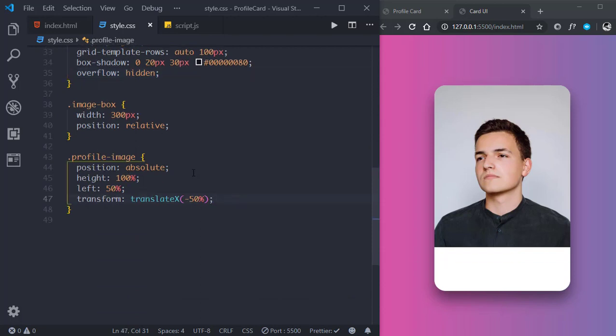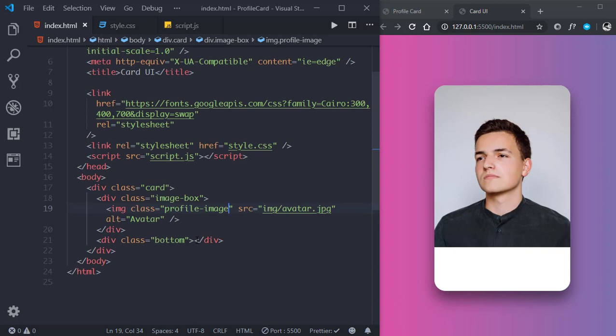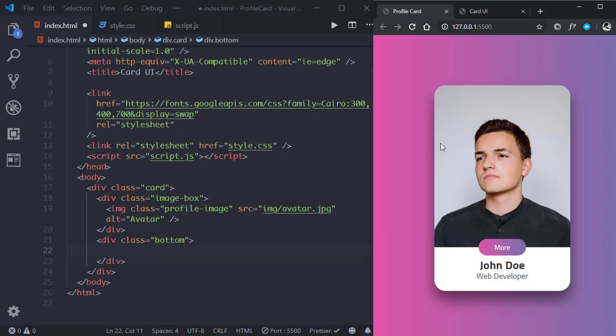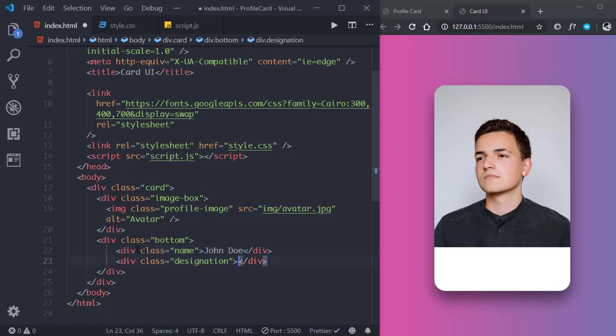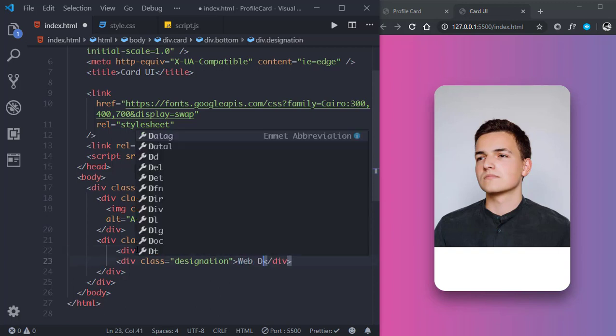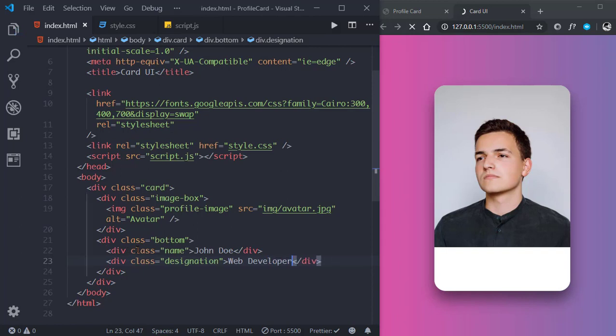Okay, now let's go to our bottom section and let's create this name and this designation. So we'll write dot name plus dot designation, and name will be, you can put your name here, John. I will put John Doe, and for designation will be web developer. Okay,